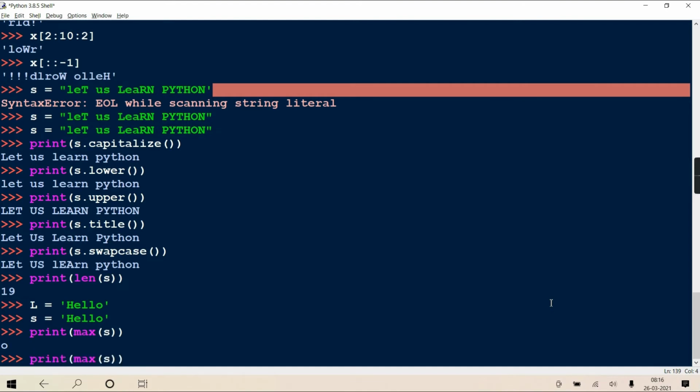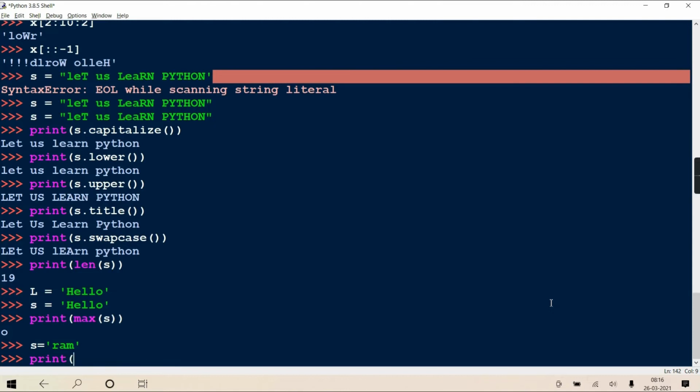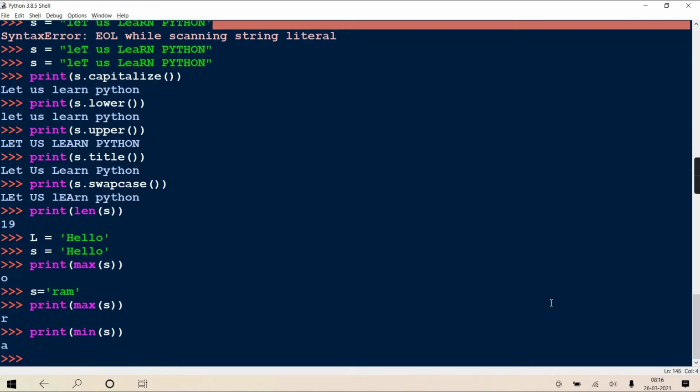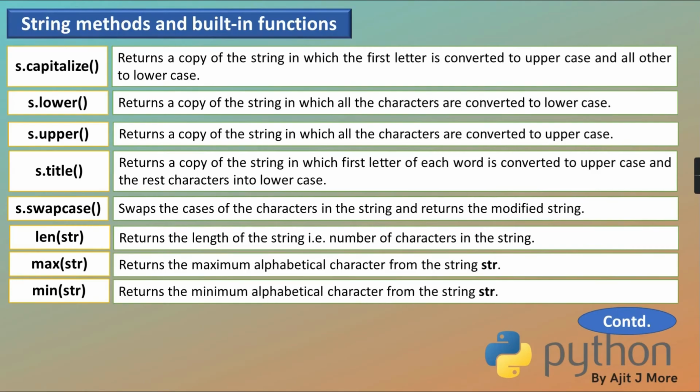Like if you take the string s equal to Ram and then print max of s, it will return R because R has the maximum value. And if you write print min of s, it will return the character with minimum value, that is A. Correct? So that way it works.